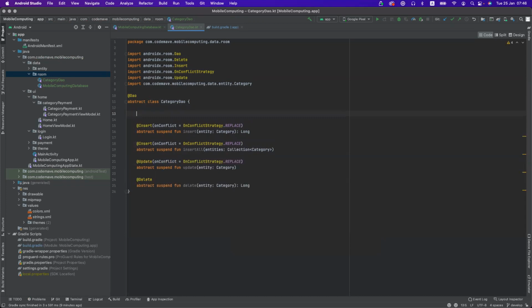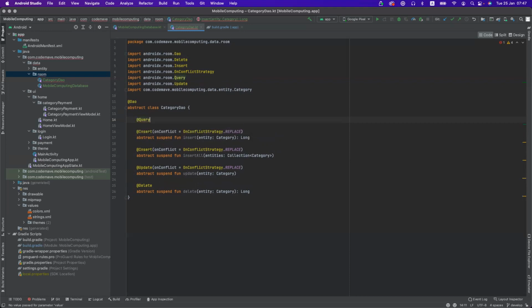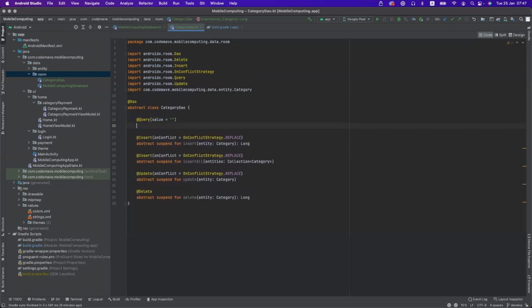All right, now what we've seen here so far is how to put data in, to update data, to delete data. But what if we want to retrieve data? What do we do? To retrieve data, we use something we call query. All right, and in this parenthesis, see this value here. This is where we write our query. So say we want to select,